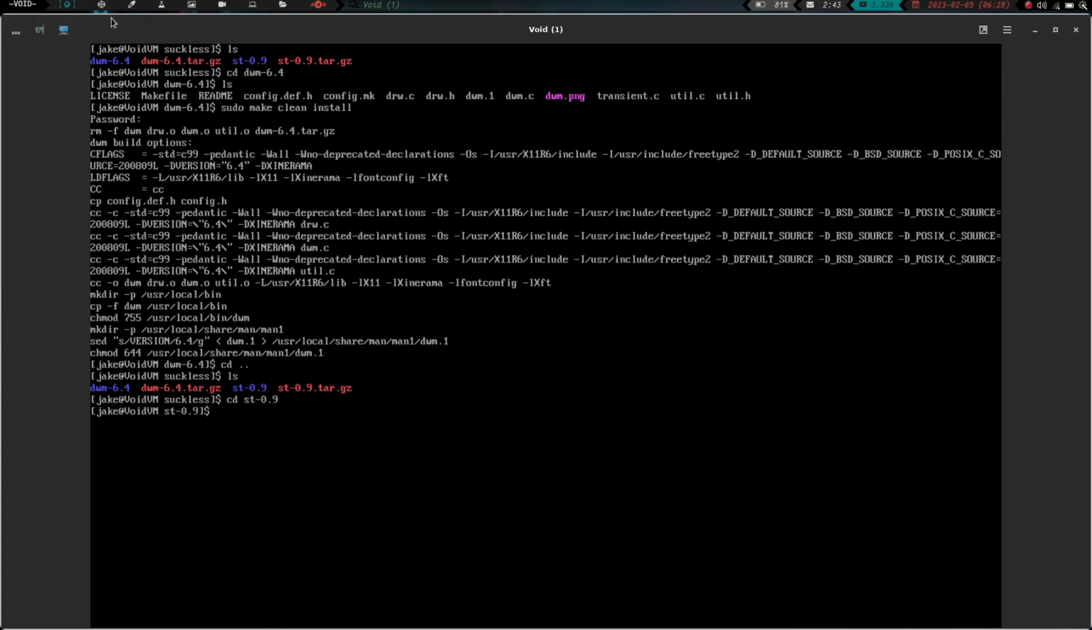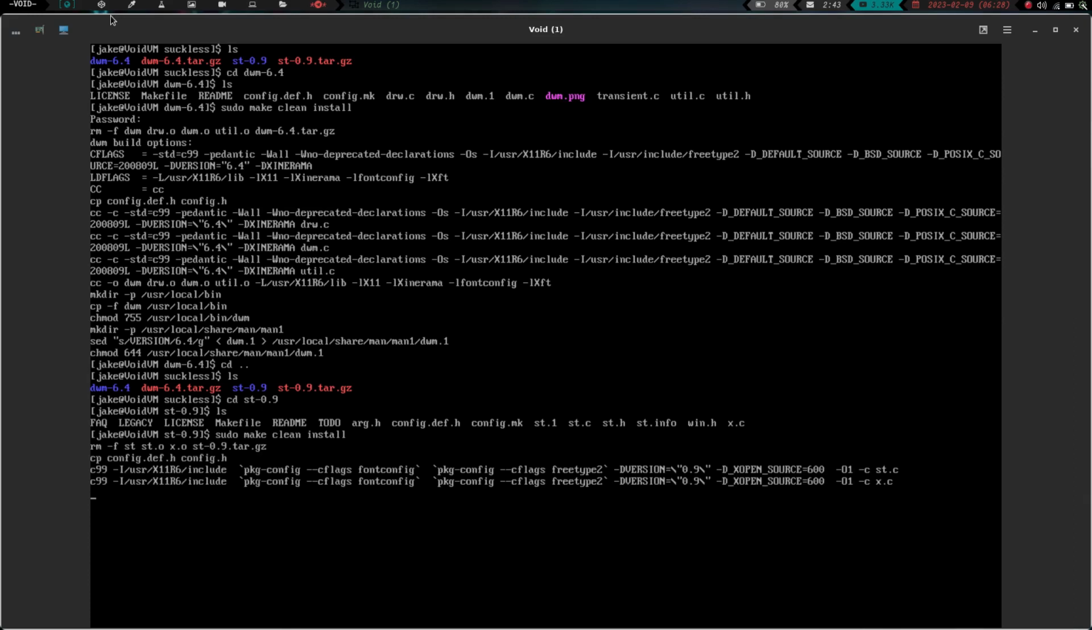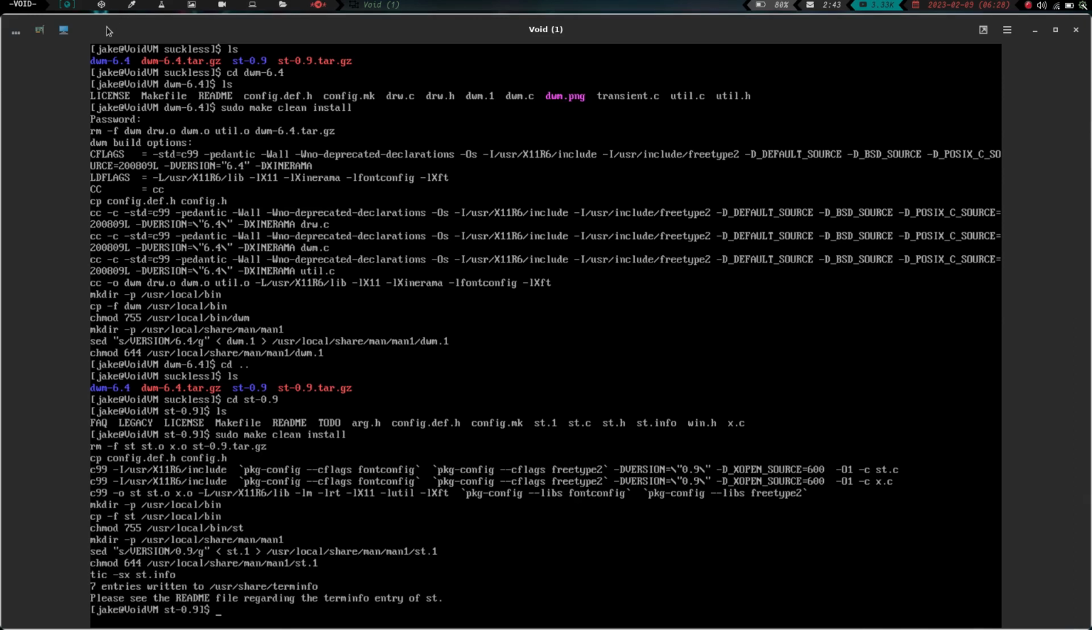Then we're going to cd into st-0.9, do an ls, and do the same thing. We're going to do sudo make clean install and hit enter, and then this should compile. And now that we have both of those compiled, what we can do is a startx and do